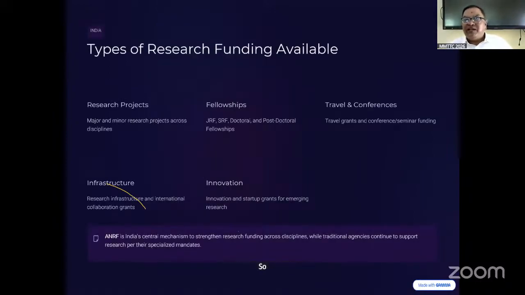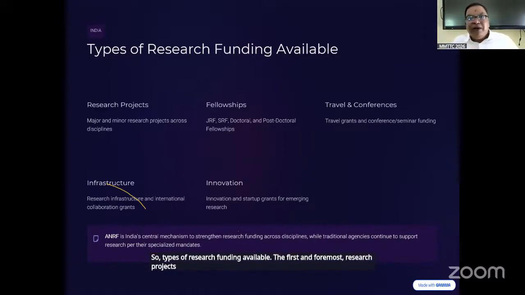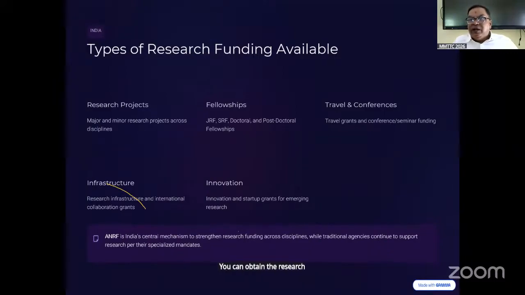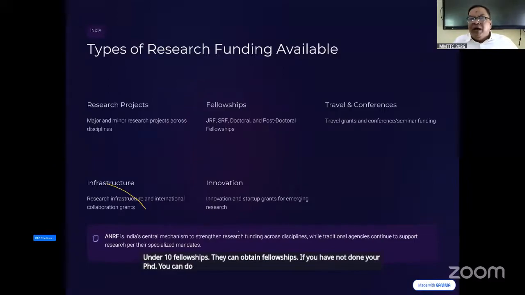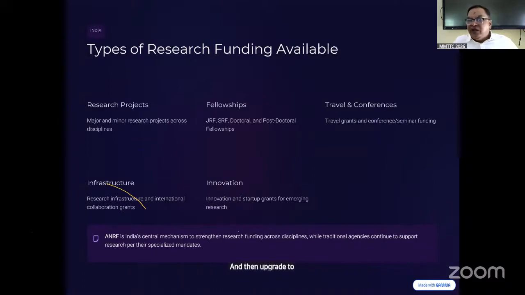So, types of research funding available. First and foremost, research projects like minor and major research projects across the disciplines. A minor project is up to 5 lakhs and a major project up to 2 crore. You can obtain the research project funding. And you can obtain fellowships. If you have not done your PhD, you can do a PhD by clearing JRF and then upgrade to SRF, Senior Research Fellow, and you can obtain fellowships for the doctoral degree and postdoctoral